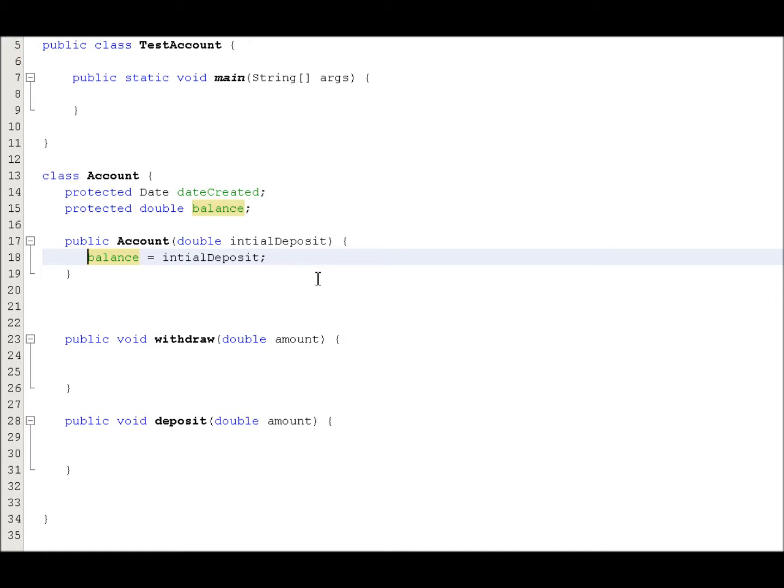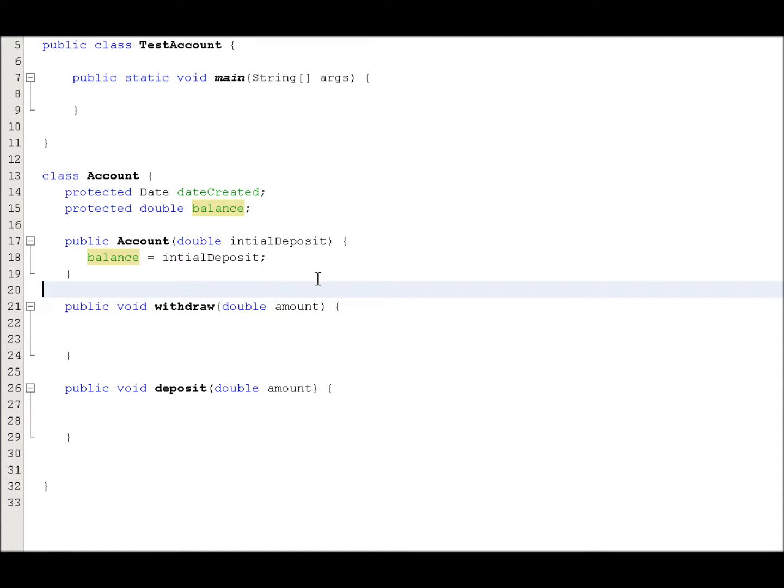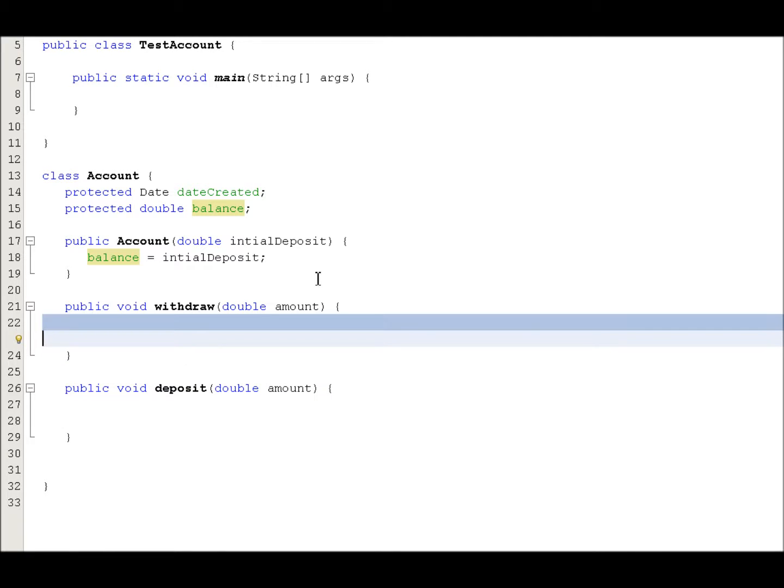Okay, so now we have our constructor accepting an initial deposit for account. We have a couple stubs. Let me take away some spaces here. We don't need all that space. We have a couple of stubs for withdrawal, and what I'll do is in the stub, I will write